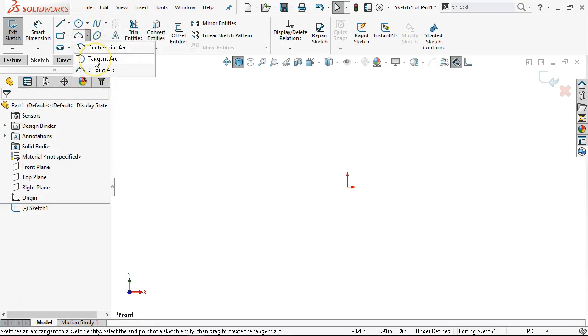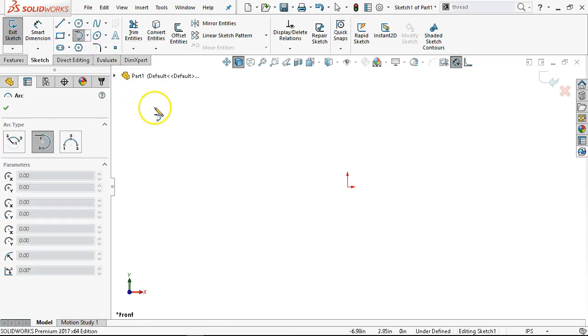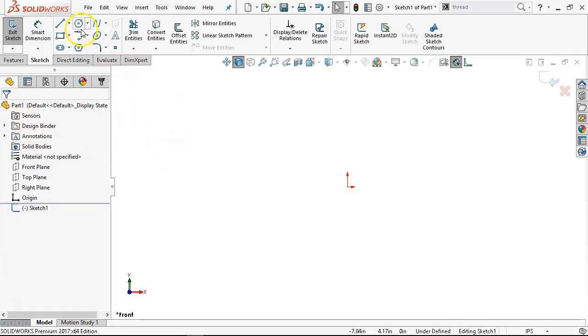Circle, no. Arc is probably the best one. So if I go to a tangent arc, then it will stay in tangent arc until I tell it to select something else. So line, circle,